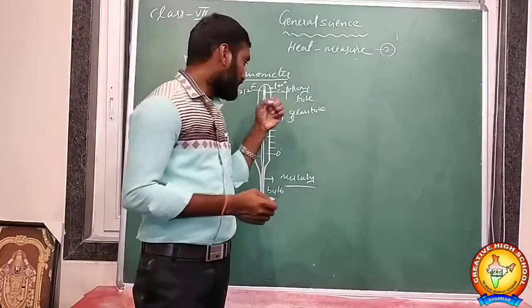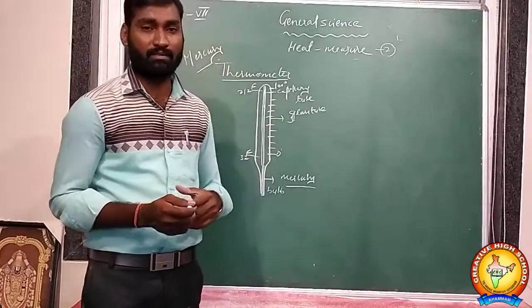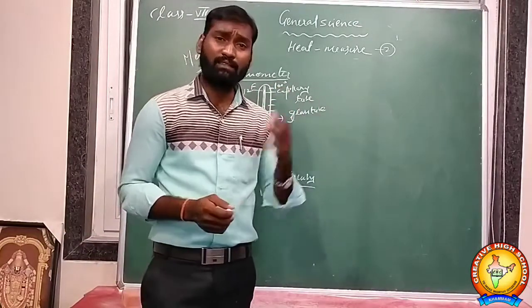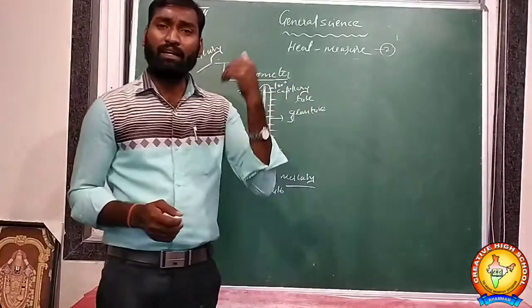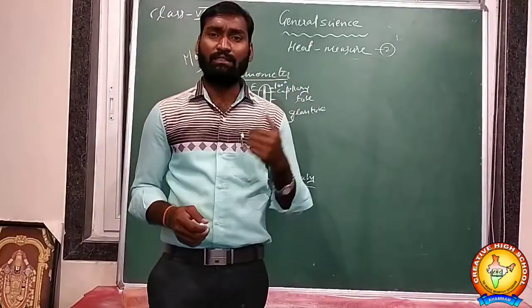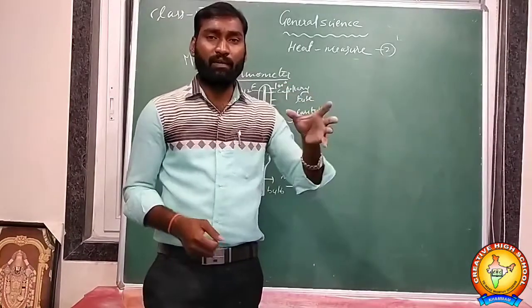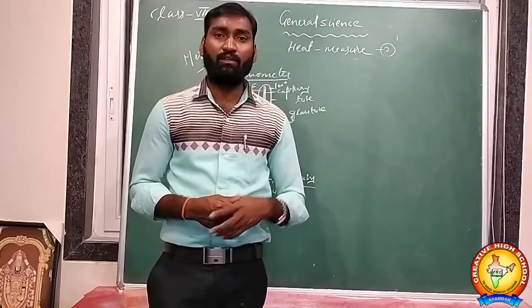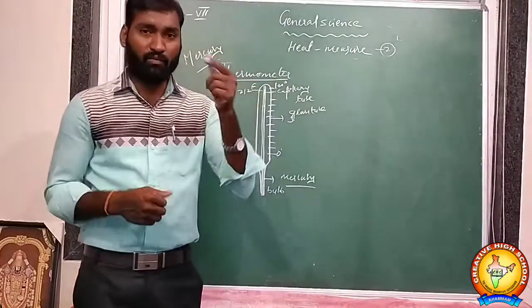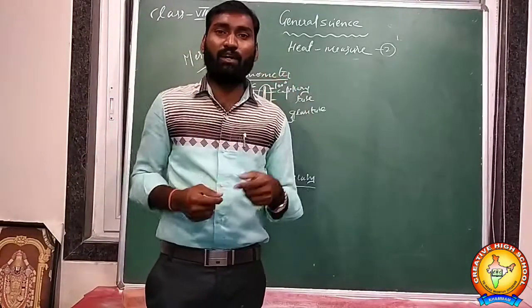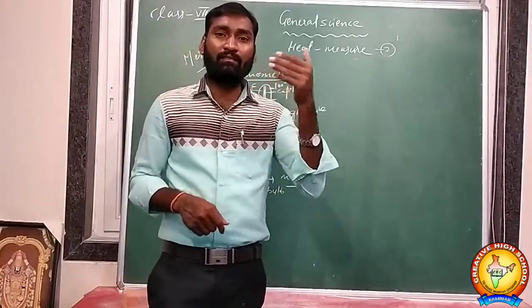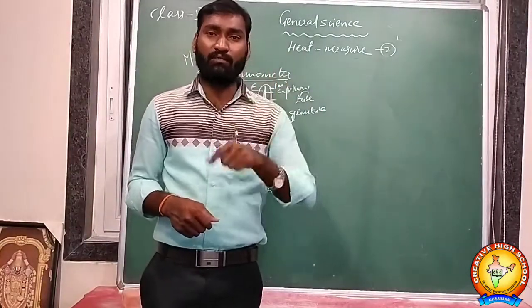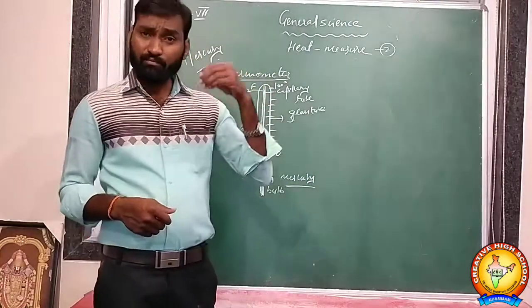That's why you should use it in calibrations of thermometers and barometers. Why should we not use water as a thermometer liquid? Because a thermometer has glass. If you use water, it will be attached to the sides of the glass tube. The capillary tube would contain water sticking to it, so you can't observe the measurements clearly. The liquid cannot be attached to the walls of the glass tube.